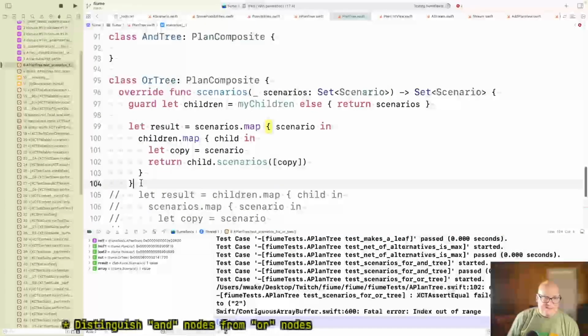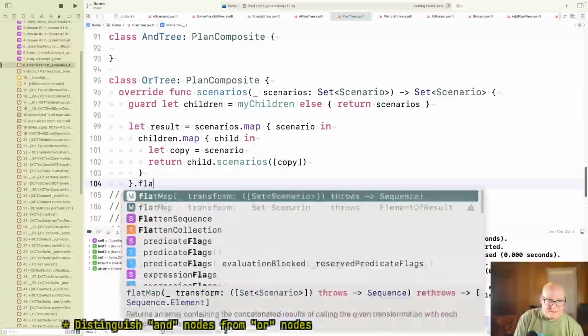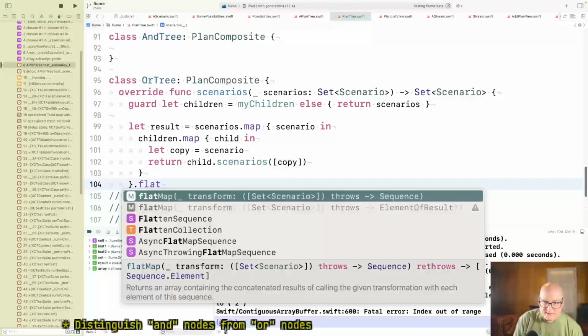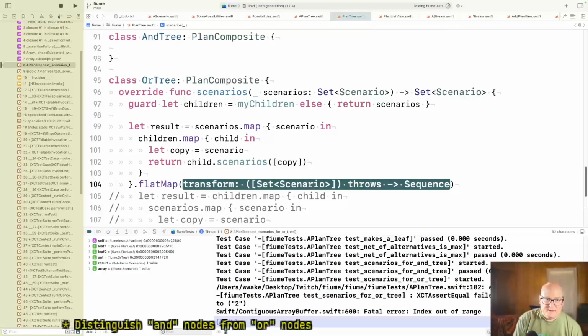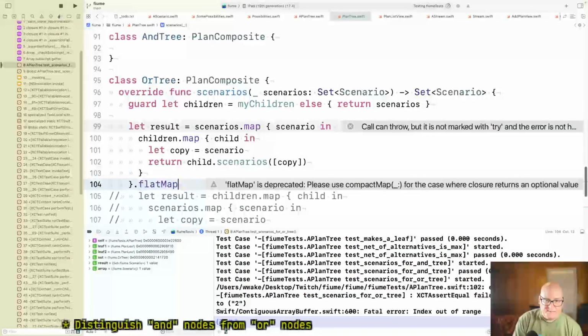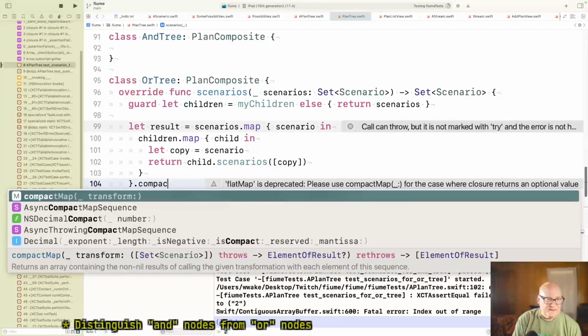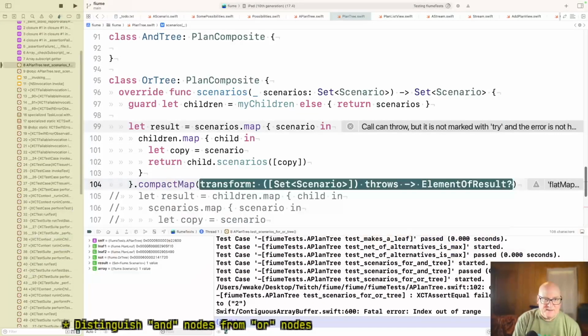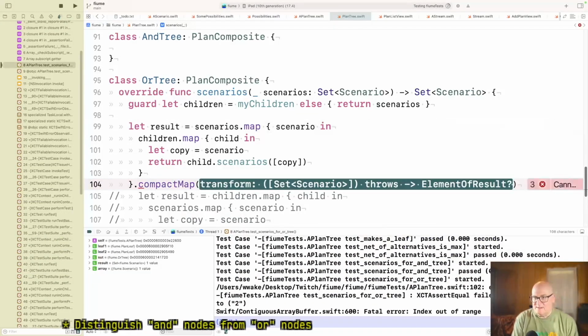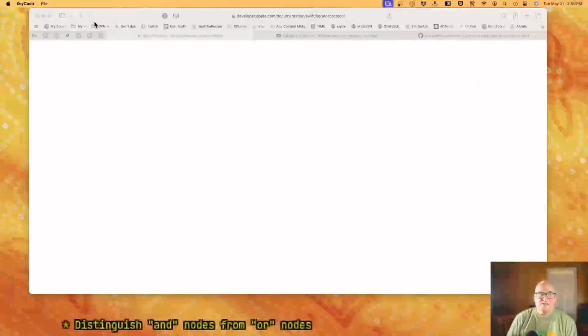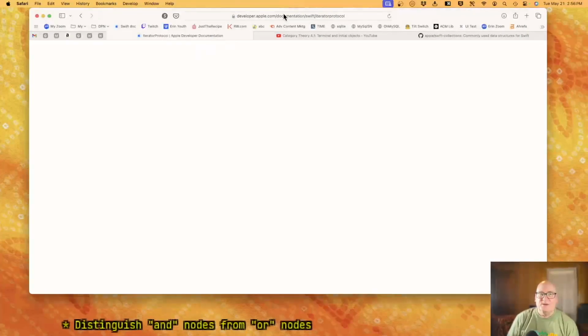All right, but I don't remember how to work flat map. Well, how about compact map then? Compact map. Let me find an example because I think I have to get this straight before I go too far down the road here.